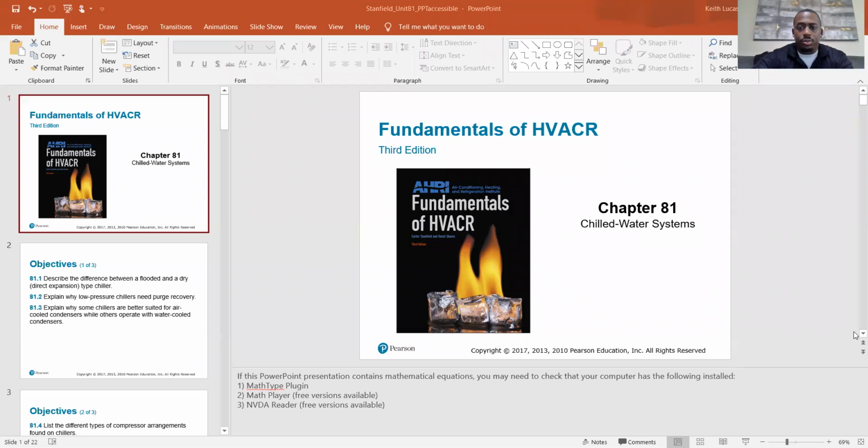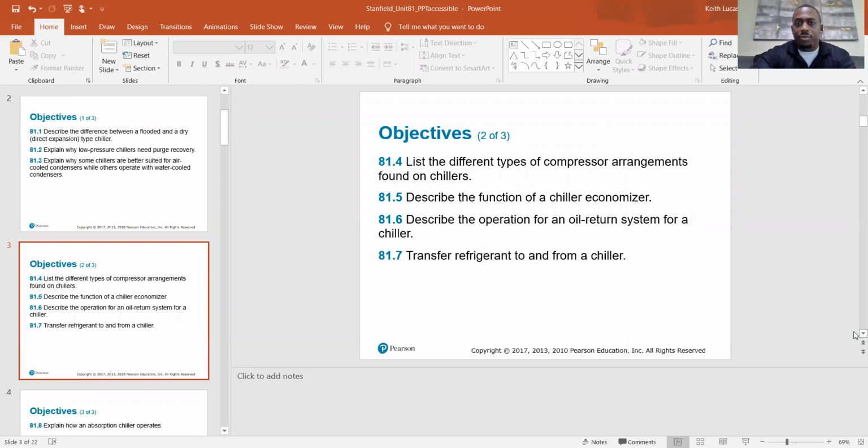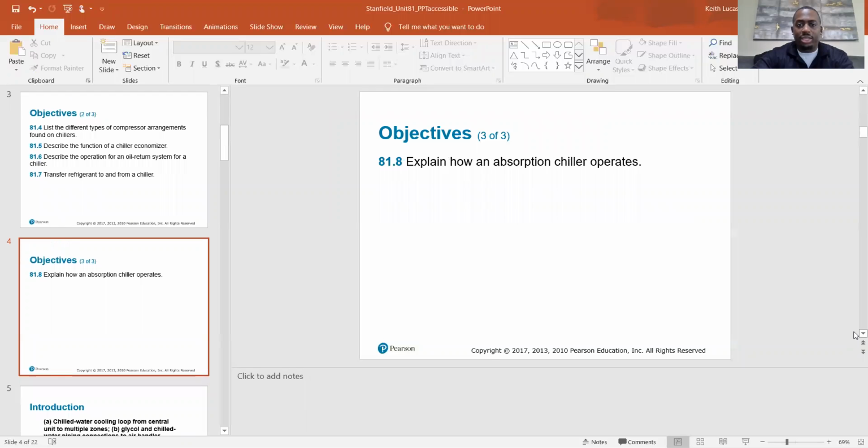So that being said, we're going to move into chapter 81, which is chilled water systems. Let's go ahead and get into that. The objectives are: describe the difference between a flooded and a dry type chiller, explain why low pressure chillers need purge recovery, explain why some chillers are better suited for air-cooled condensers while others operate with water-cooled condensers, list the different types of compressor arrangements found on chillers, describe the function of a chiller economizer, describe the operation of an oil return system for a chiller, transfer refrigerant to and from the chiller, and explain how an absorption